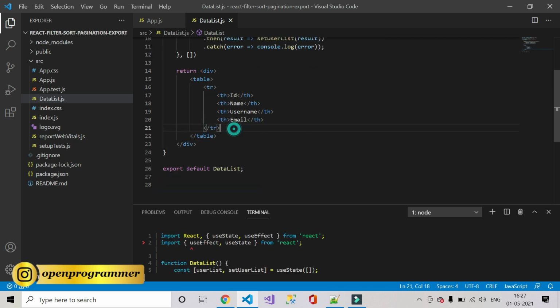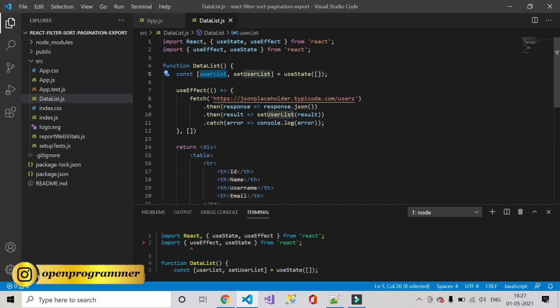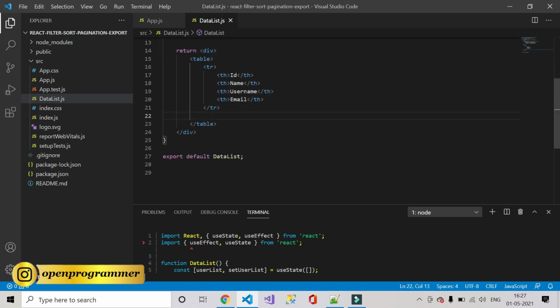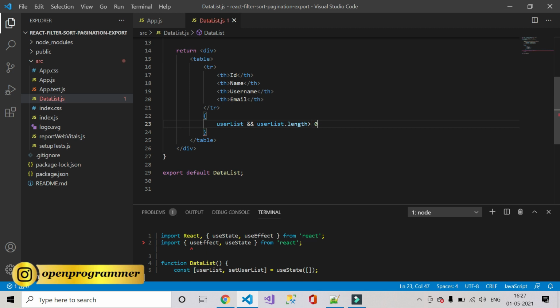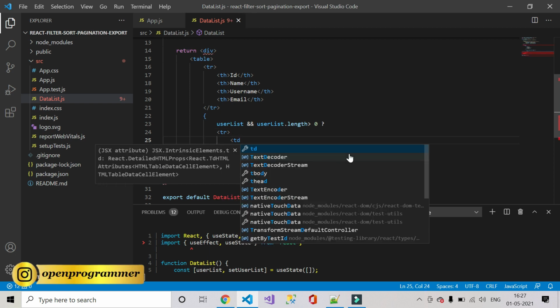If you want, you can use the other ones also. So this is the header part. Now let's render this list. So here, if list is not undefined and list.length greater than 0, then we have to return tr and then td.